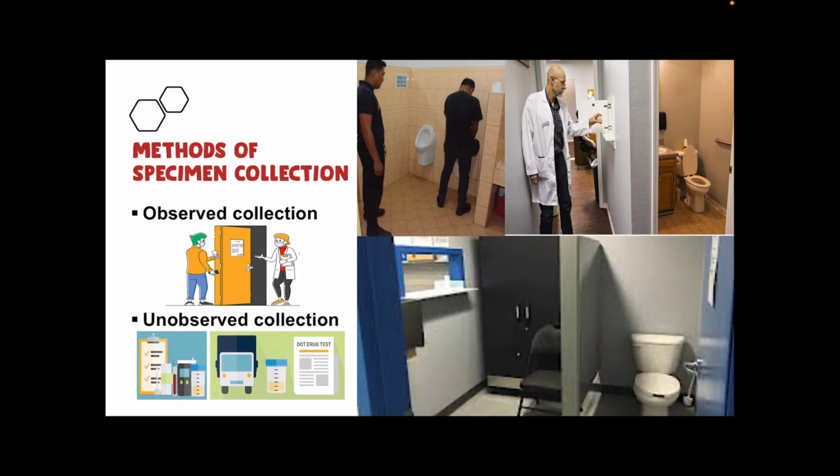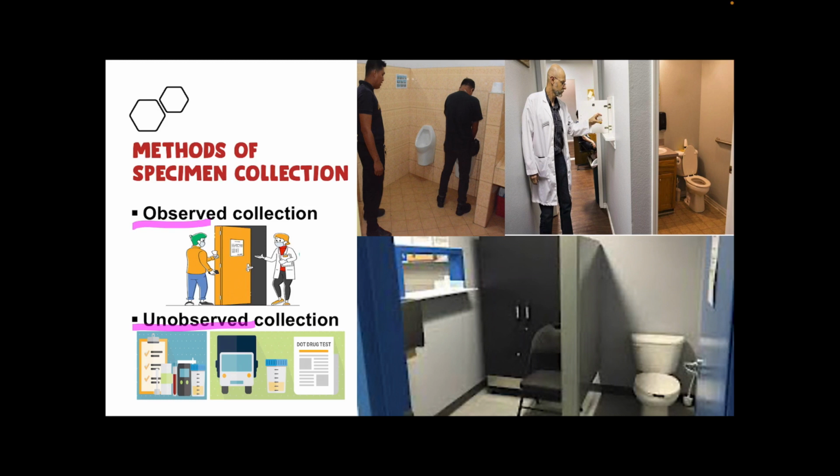For the methods of specimen collection using urine as a sample, we have observed and unobserved collection. So these pictures here show observed collection of urine sample. So in this case, the ASC must always stand outside the cubicle while the donor provides the specimen. But still, it's case-to-case basis, just like this one. This policeman here serving as an ASC stands just right behind the donor while the donor is collecting the urine